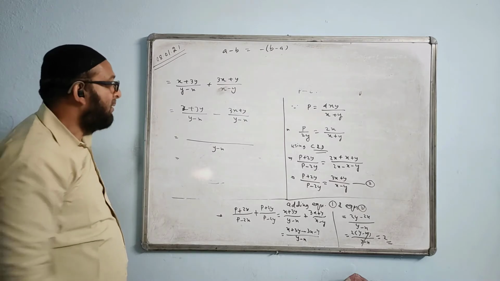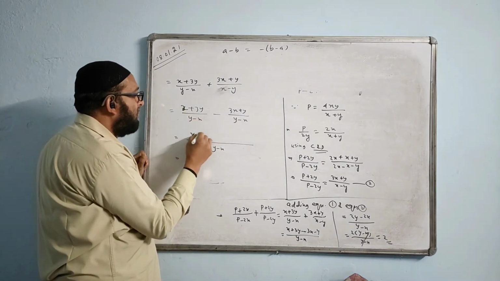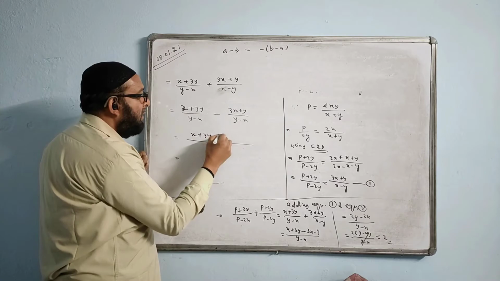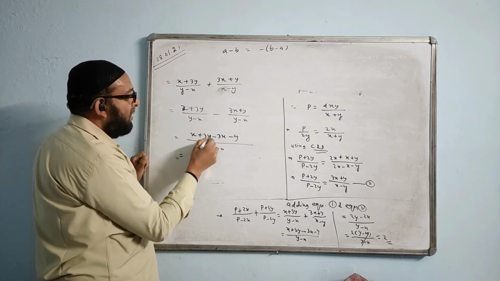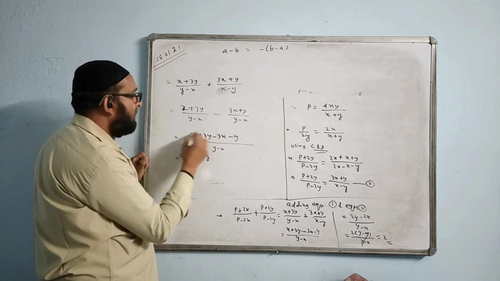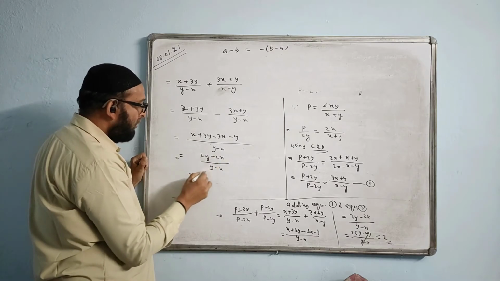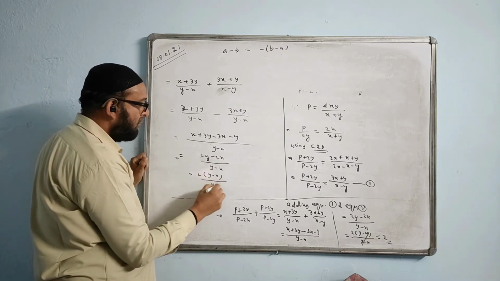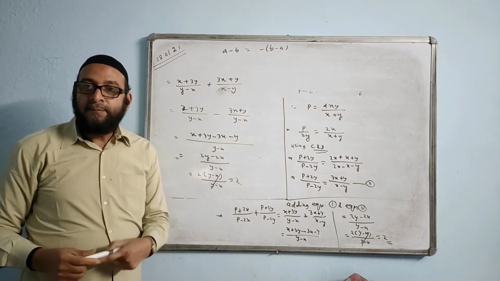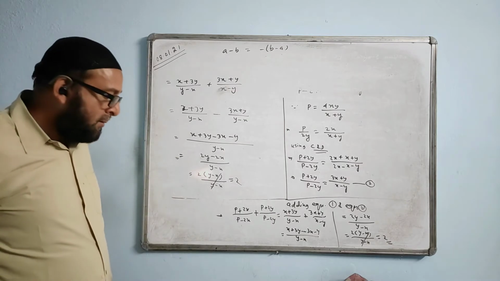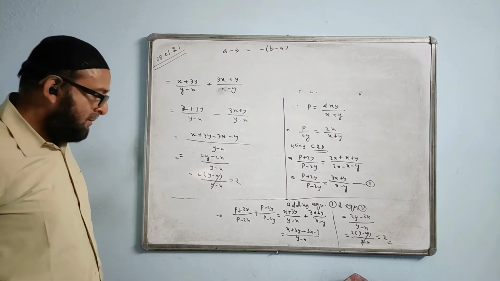Okay? Now after that the same thing is there. LCM is one of them only. So you get x plus 3y minus 3x minus y, and then 3y minus y gives 2y. This minus this gives minus 2x by y minus x. Take 2 common, bracket y minus x. Here also y minus x. These two cancel, answer is 2. Okay?